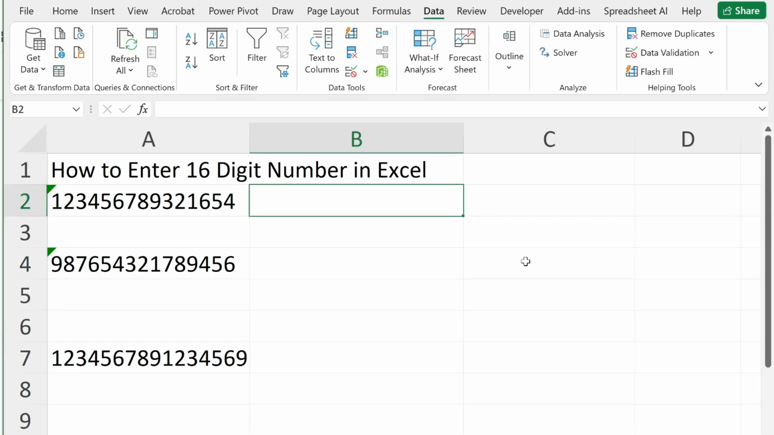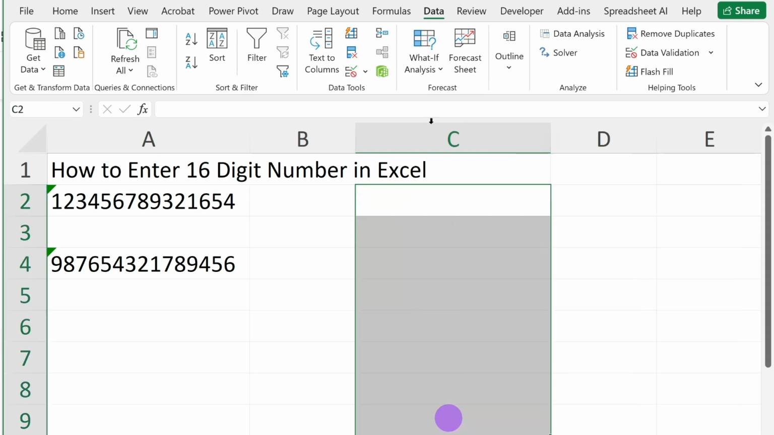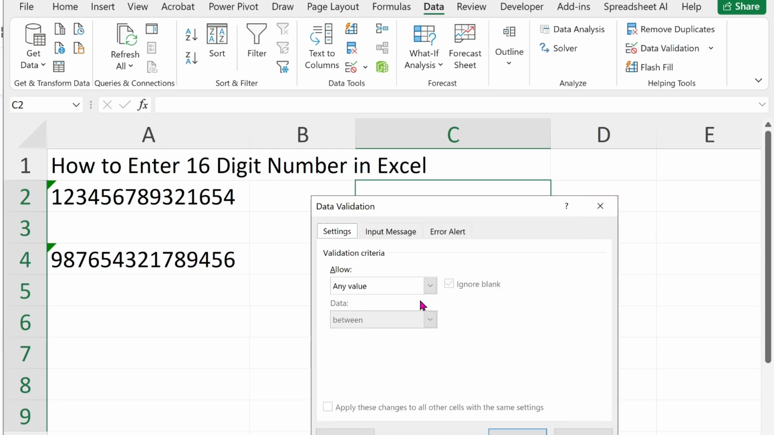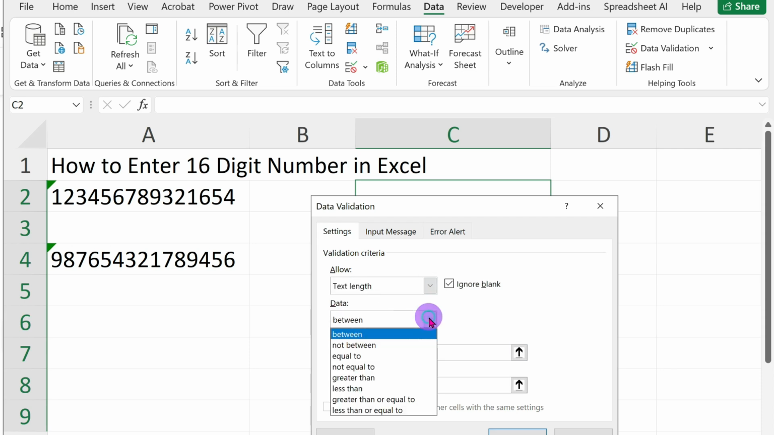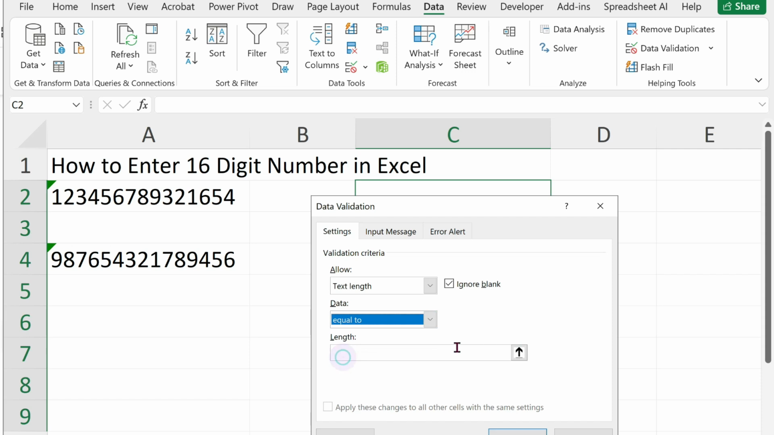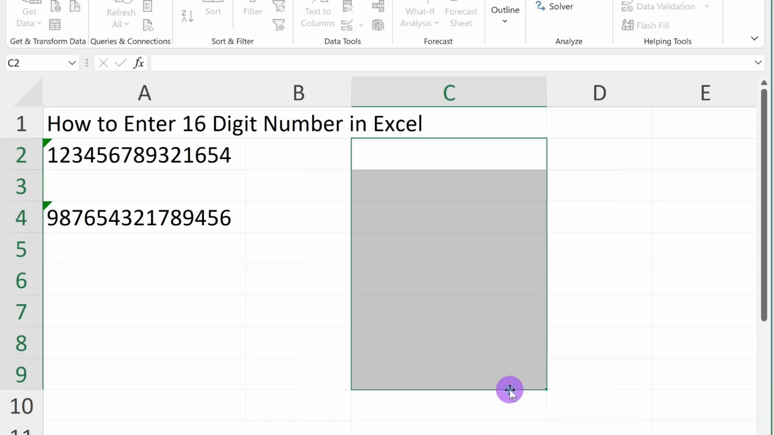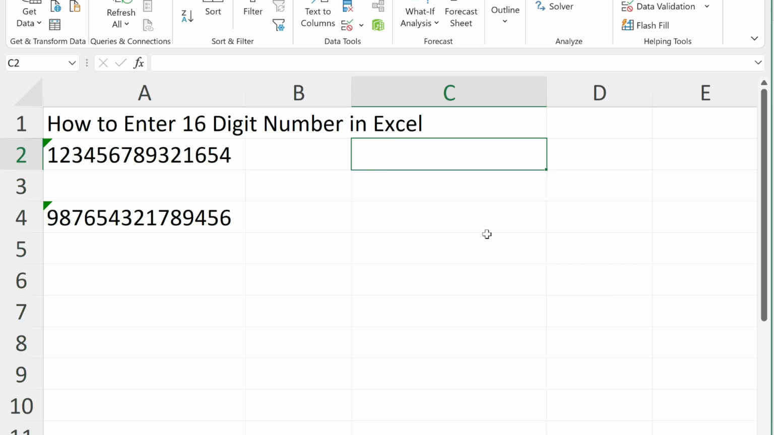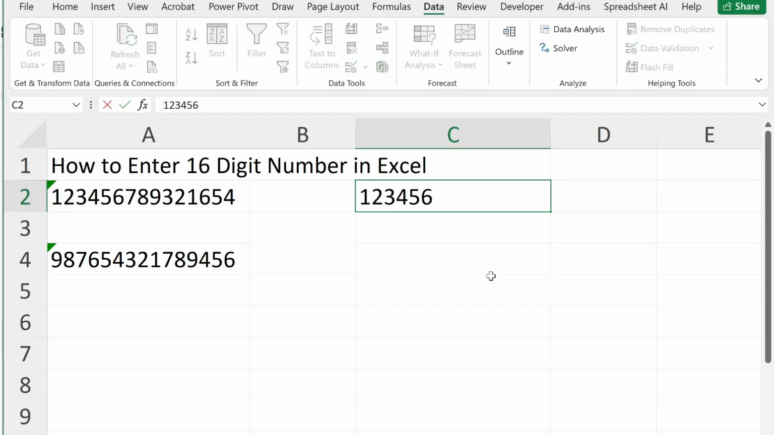In the third method, if you want to ensure you always enter exactly 16 digits and don't make a typo, select your cells and then go to Data and click on Data Validation. Under Allow, click on that and select Text Length, and in the Data box select equal to and type 16 in the Length box and click OK. And now type 16 digits, 1 2 3 4 5 6 7 8 9 3 2 1 6 5 4